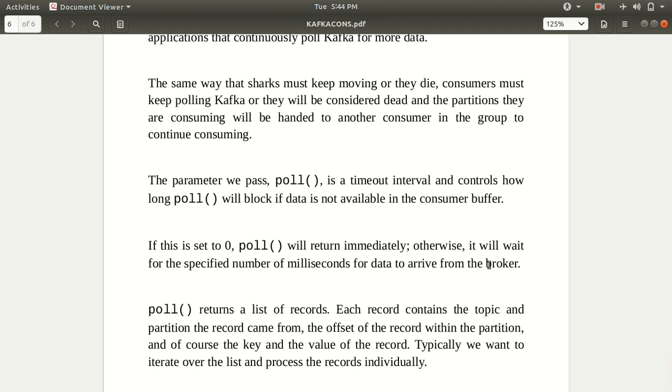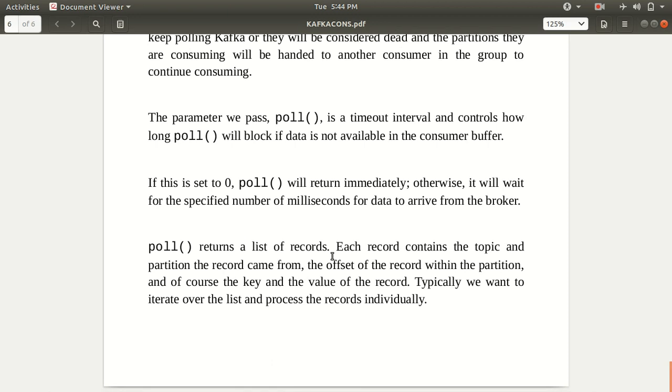So it will wait for 100 ms, then return the result back to the consumer, to the screen. The meaning of this property is that if we set it to 0, it will not wait at all. If there is no data, it will just come back and return an empty result. Otherwise, it has to wait for some period of time, which we can pass in.